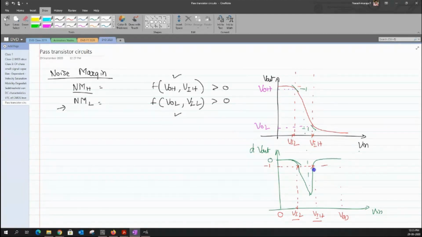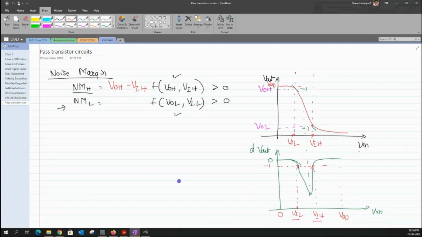Okay, so now that we have got all these 4 points, we need to compute the value of this NMH and NML. As I said, in order to compute the value of NMH, I need VOH as well as VIH, but I need to arrange these expressions in such a way that I end up having a positive quantity. In this case, you can clearly see that the value of VOH is almost closer to the value of VDD. So the magnitude of my VOH is higher than the magnitude of my VIH quantity, due to which my expression would be VOH minus VIH. That is the expression for the NMH value.